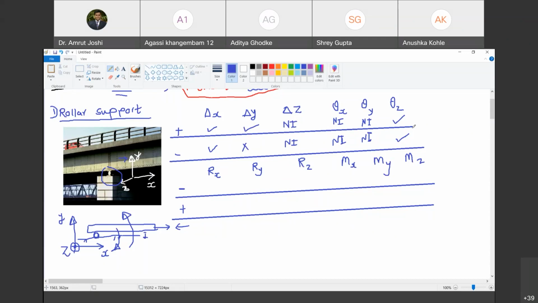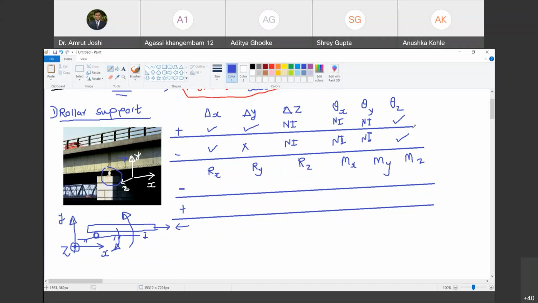Happy? Yes, sir. अगर कोई ट्रांसलेशन या रोटेशन फ्रीली पॉसिबल नहीं हो रहा है तो ही रिएक्शन ऑफर करने का सवाल है. You cannot slap yourself if you keep moving your face with the same velocity as your hand. Are you with me? Yes, sir. So unless and until there is a restriction on translation or rotation, there cannot be reaction offered. That is the first thing that we have to understand. Are you with me? Yes, sir.